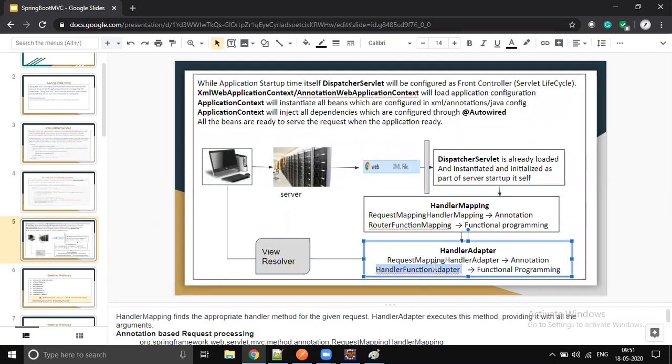Angular has a router. Angular or React, all of these are single page applications. Based on the URL you enter, the corresponding component will be loaded. Here also it's kind of the same model. Here also we will get a router. It's not a page application, it's a service. So we have the same kind of similarity in naming convention, router and function.